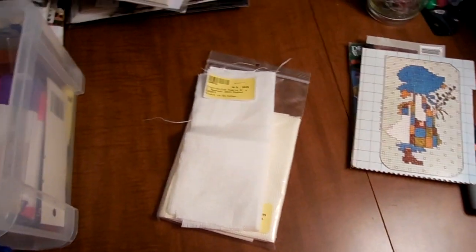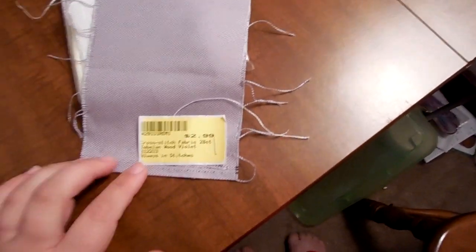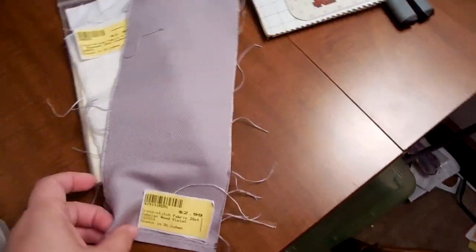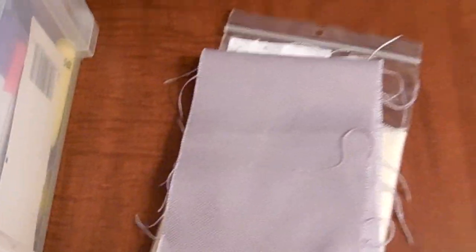So that was helpful. And then I also got this piece. And it is long, but you know, it'd be good for a bookmark or something. But this is a 28 count Jobelan violet or wood violet. It's got that, I don't know, the light might not get it, but it's a nice smoky lavender kind of color. But I like that. I thought it's still kind of neutral, so you can do just about anything on it. So those are the few scraps that I have of that, which I do have some more I bought at,